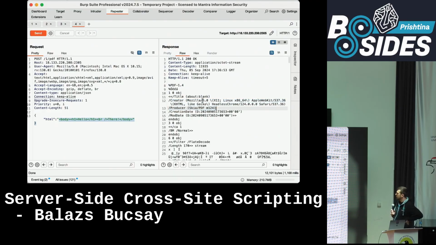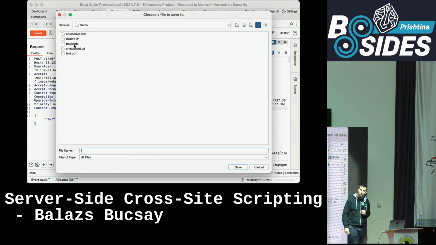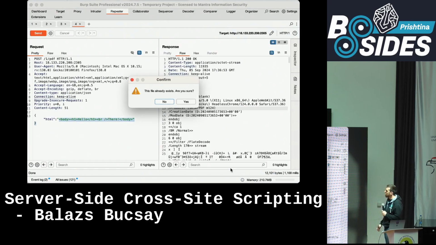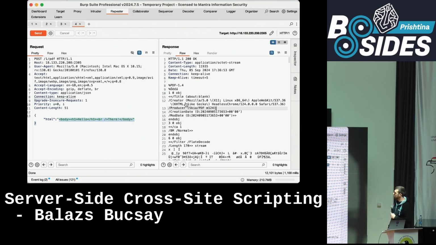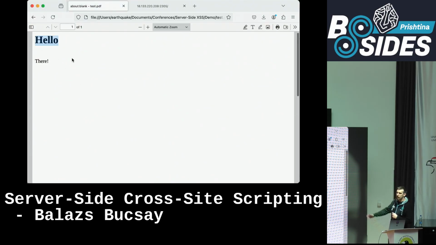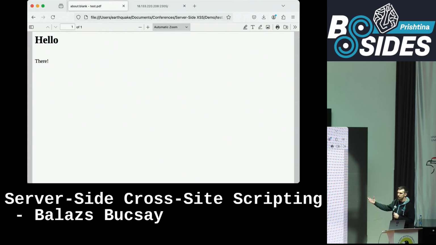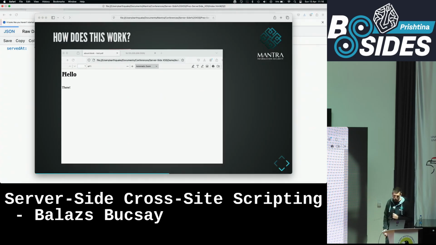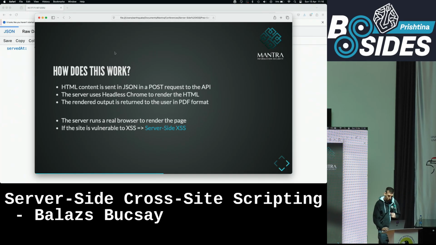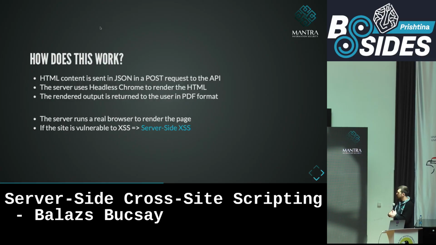That's the content. It even says that it was created on Linux, and it's a headless Chrome, so basically a Chrome browser without a GUI. And if you save the content that was returned into a PDF file, you can open it in a browser. There you go, and that's the rendered PDF, right? So from HTML, you could create a PDF file, which is basically the same content that you would expect in the browser. So that's what I wanted to show you in Burp, but it didn't work out really well because of the font size.